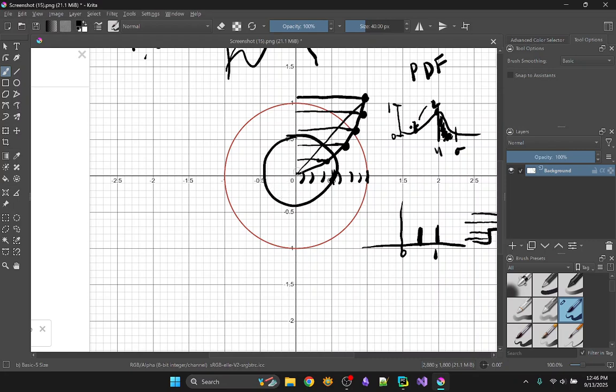So maybe I'll make a new circle for this. Say this is the center. You could make a grid,